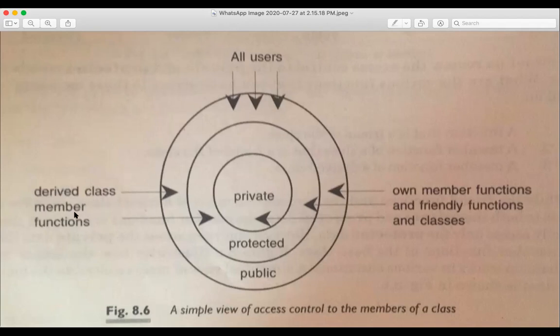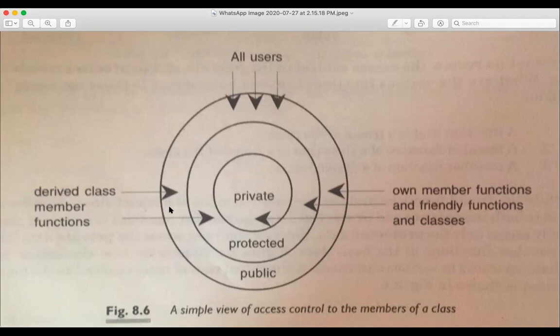So the derived class member function is accessing the base class protected field and base class public field. Okay, and who will access only the public? The user. So if you are creating an object of this class, then the user will only access the public methods. Only public methods are available to the user, because the user is accessing your object. The user is accessing the function by using the object. So using the object, you are only able to access the public methods.